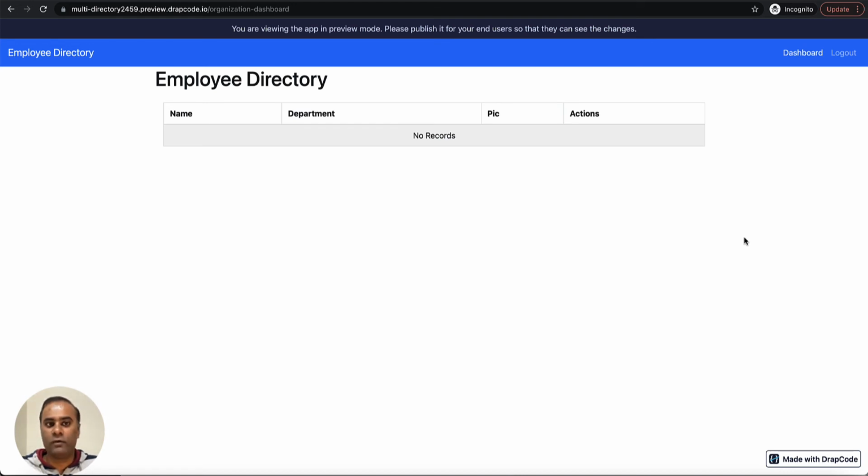So till now we have created the collections, we have designed the pages, and we have fixed the login and sign up flow. Now the last piece is to build the directories, to build a couple of pages, to build couple of flows where organization manager can add new employees, and each organization manager should be able to see the data only of their particular organization. So let's do it.